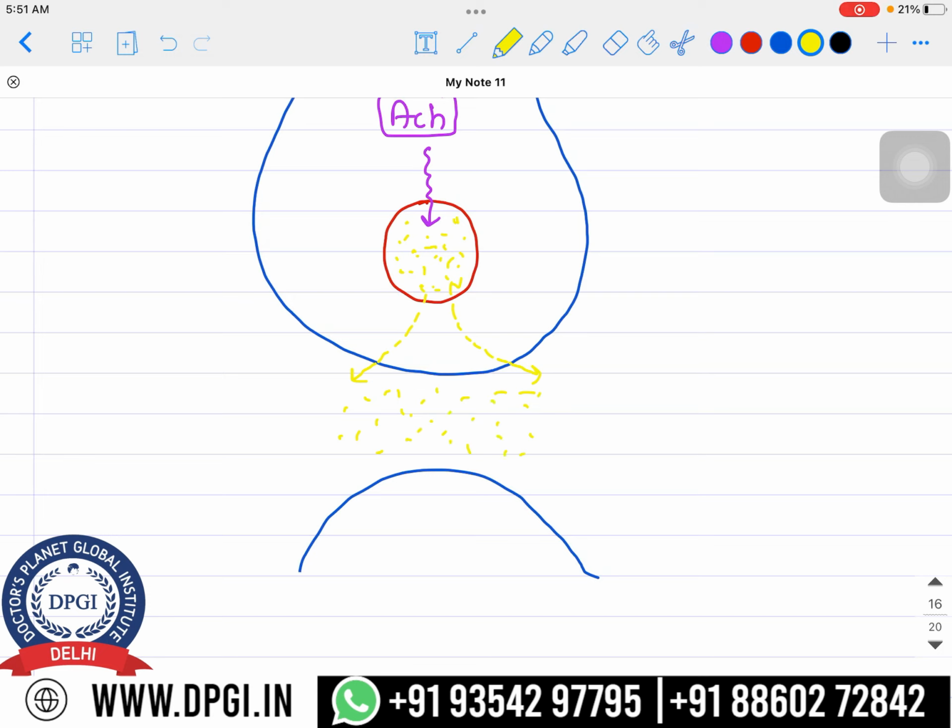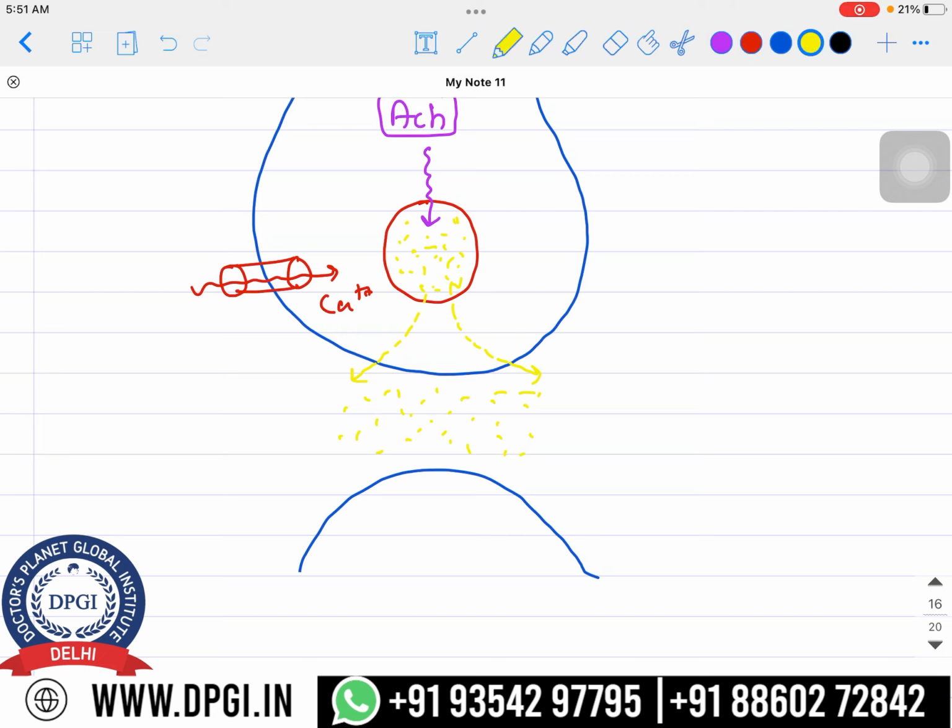All that calcium channel will open up and calcium influx will happen, and all of those things will be happening over here. That you know already, right? Here it was a voltage gated calcium channel, and calcium ions were coming inside, and the fusion happens basically, and then finally it came into this particular synaptic gap, right?